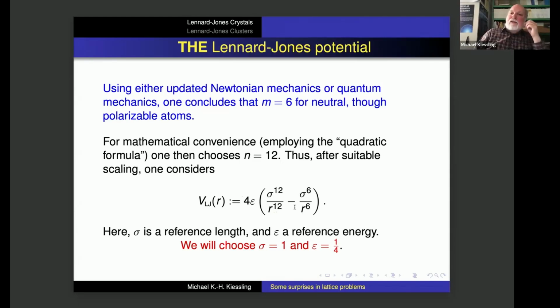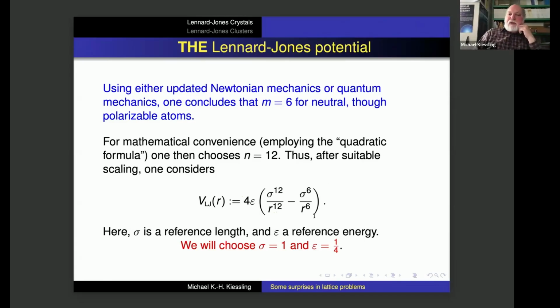So this part is quite reasonable to assume. And the power 12 is simply for convenience. You need something that decays much faster. So why not double the 6? Because then you can use a quadratic formula for many computations. So this is not something to be derived from quantum physics. It's just for convenience. The funny thing is that with two constants, epsilon and sigma, that are matched to the type of atoms you have,